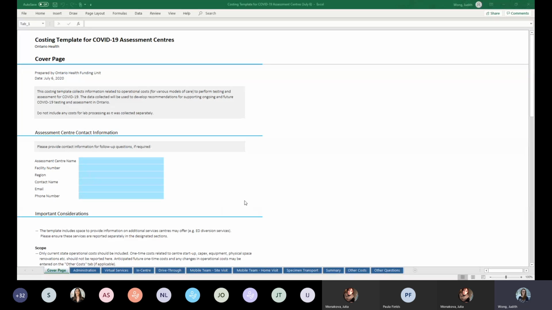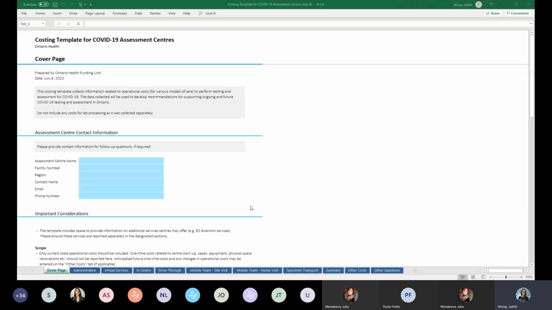And we fully recognize that this template probably will not be a great fit for any particular assessment center in the province. What we tried to do when developing this template is to provide enough space to capture all of the different models that we're aware of, while still trying to somewhat standardize that information as much as possible,